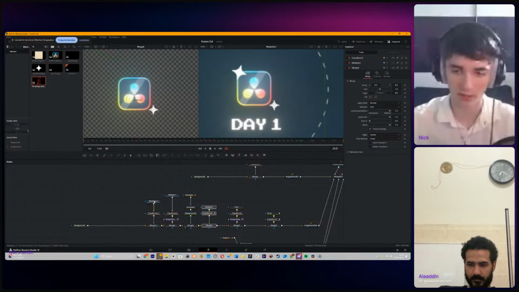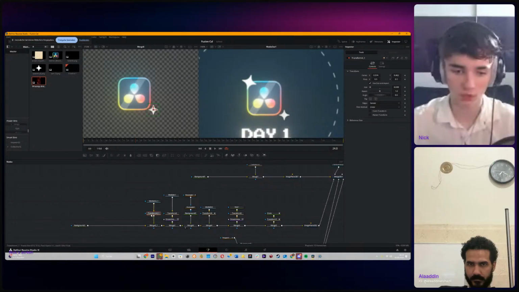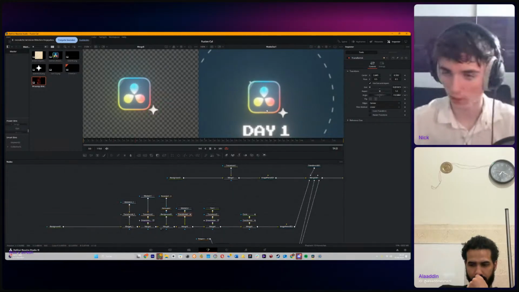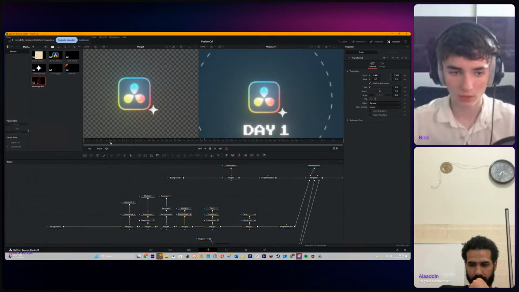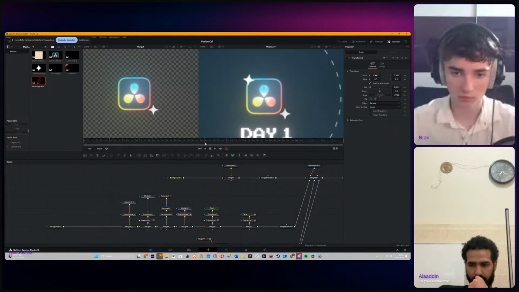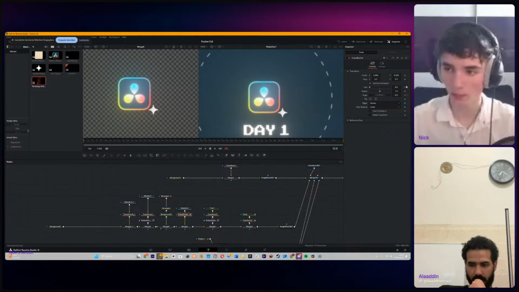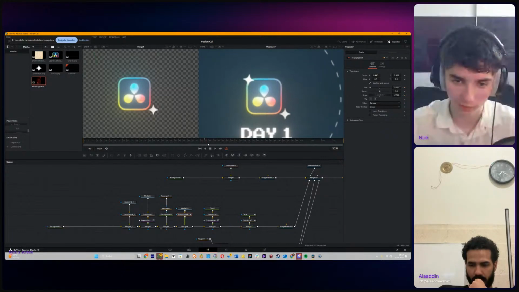Alright, so then you have your logo and your two little stars, because here I just added the same star again. And what I did then was animating one of these stars. So I just went to the transform node, and then I went into, wait, where did I animate it? Oh, okay, so that's the node where I animated the star. So I just took a couple of frames, so around 50, and then I set a starting point at size and angle,